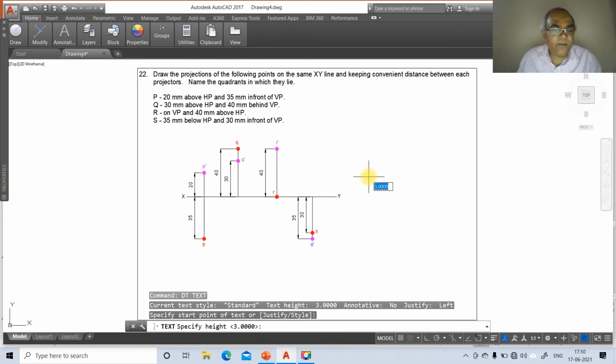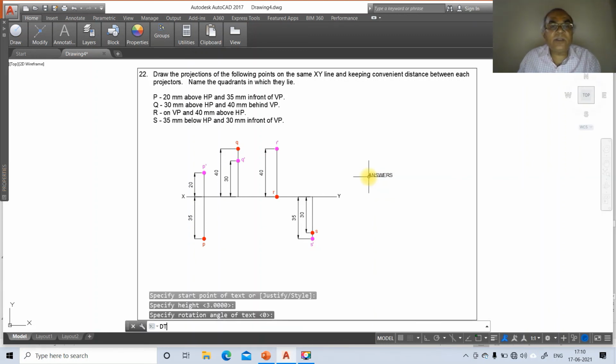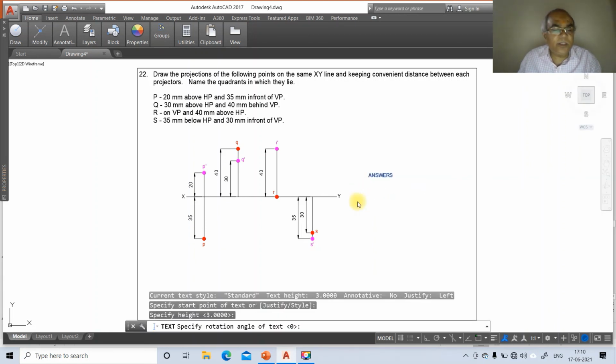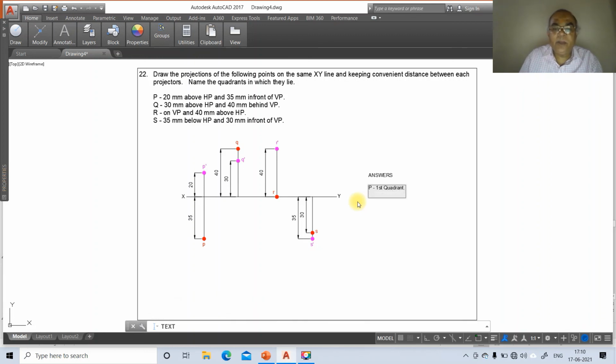So here the answers now. So I will say answers, type answers. Now state the quadrants. We have to state the quadrants. So here capital P is in first quadrant and capital Q is in second quadrant,